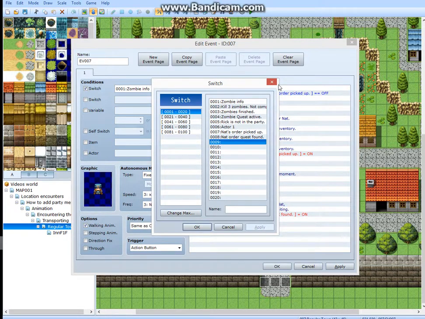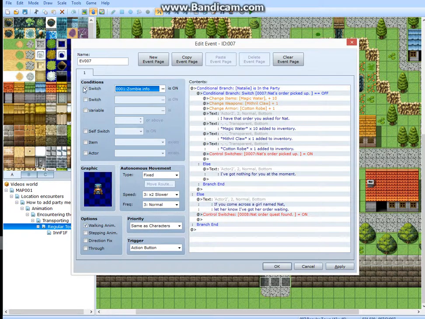And each of those zombies would have a condition switch up here. One would be zombie 1, one would be zombie 2, one would be zombie 3. And as you battled them, when you win, it would turn off that switch, so that zombie would disappear. And then when all the switches are off, or when the variable is right,